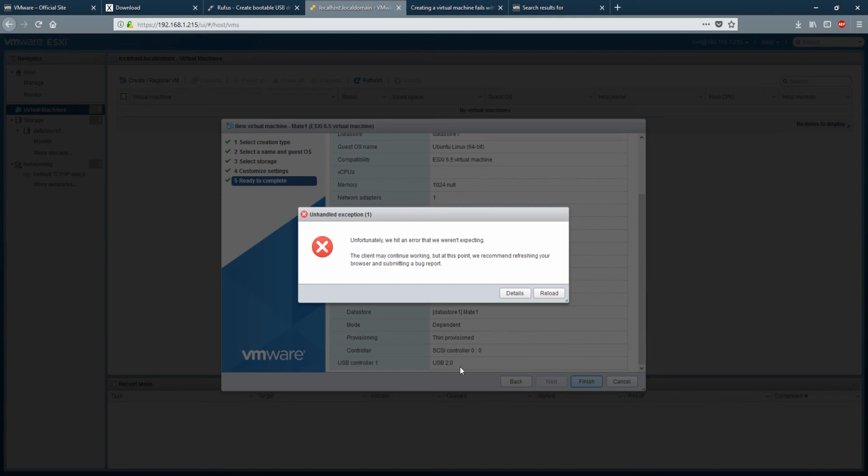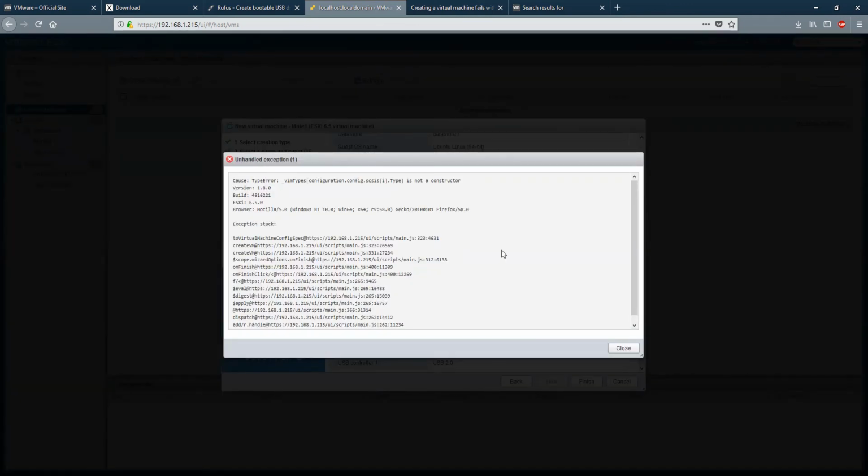So as you can see, I've just installed this and I'm already getting errors here. So this is not looking good. It says, unfortunately, we hit an error that we weren't expecting. The client may continue working, but at this point we recommend you refreshing the browser and submitting a bug report. So let's see if I go to the details. It gives you a log here